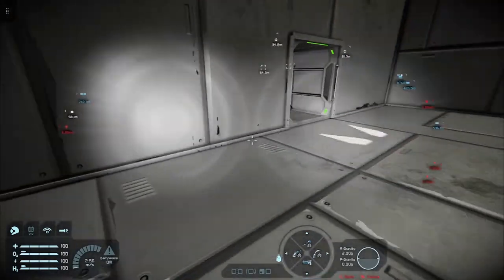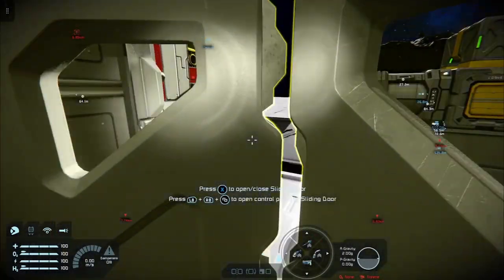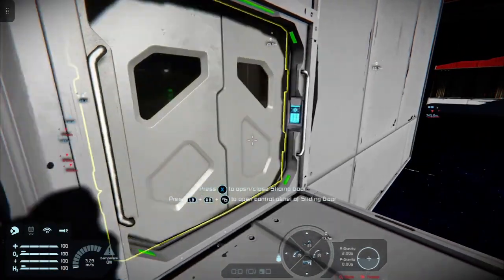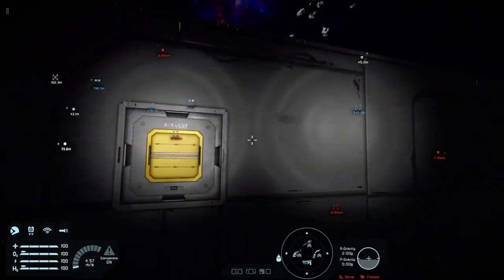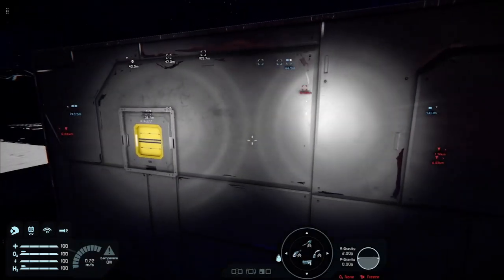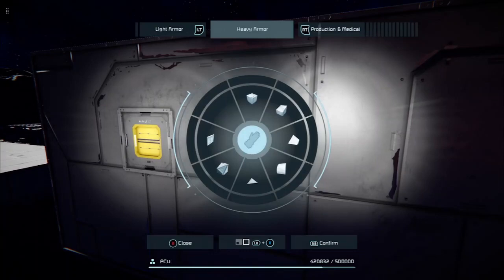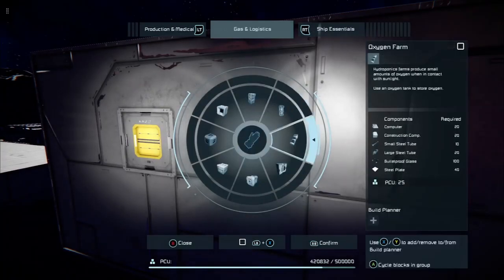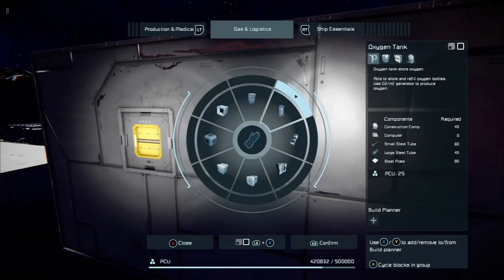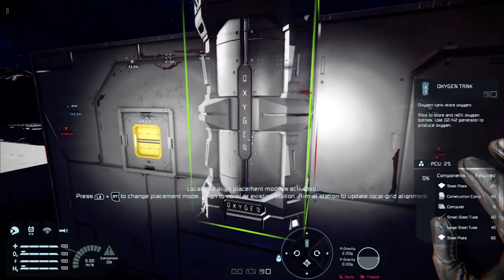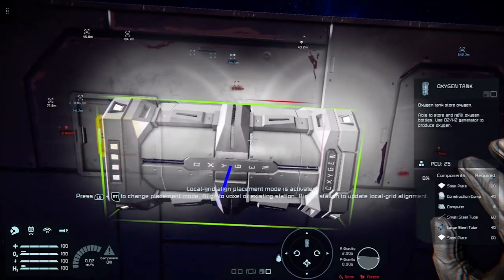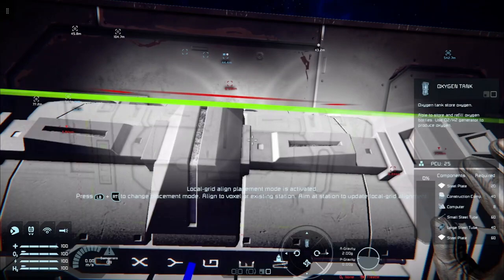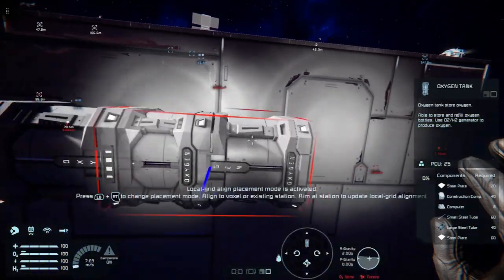So we'll pop that in there. For now, you'll see why I put this little platform outside. We're going to scoot over here, and we need a couple of things. One, we're going to need our gas and logistics, and we're going to need an oxygen tank, and we can just pop this tank like this.